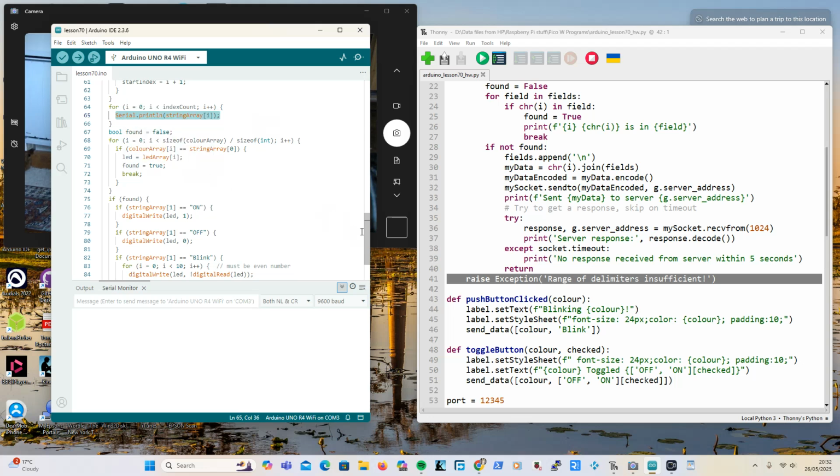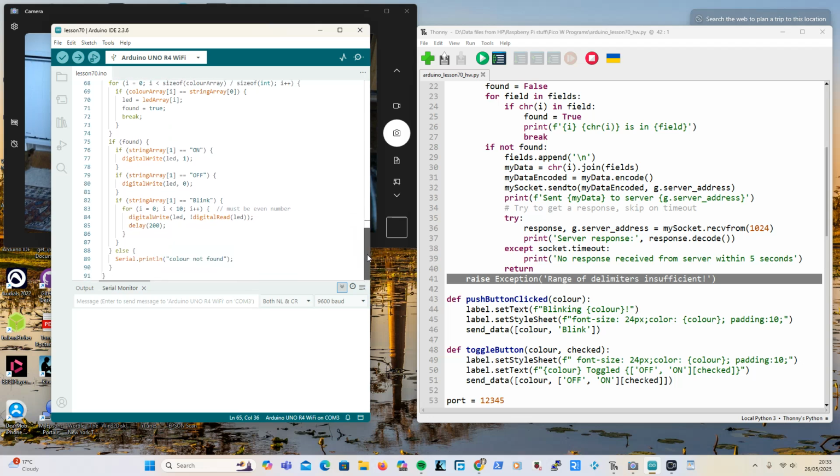And if it isn't, we come down there and it's colour not found. So if it has found, I'm just saying, is the second parameter on? If it is, I just turn it on. If it's off, I turn it off. And if it's blink,